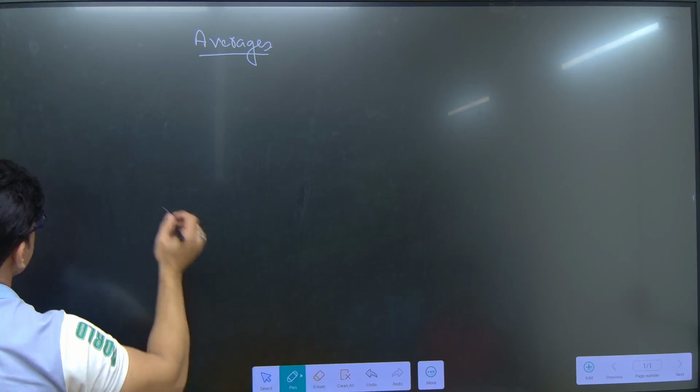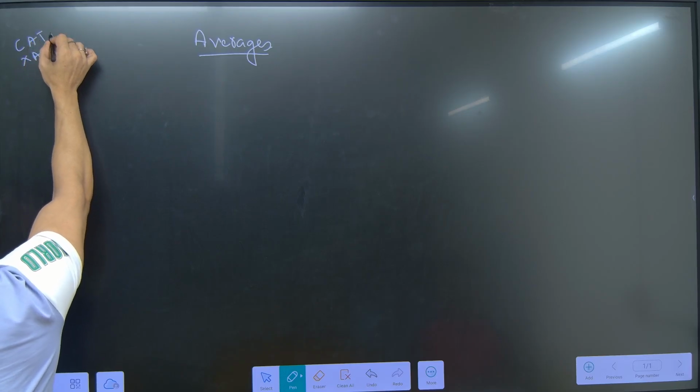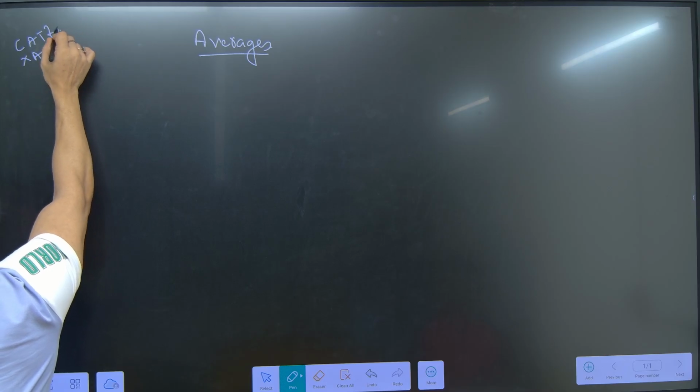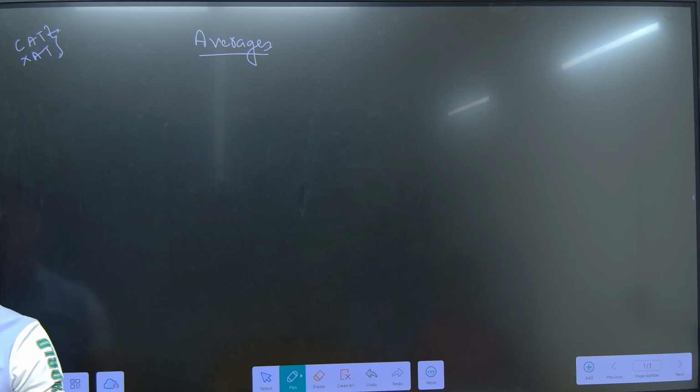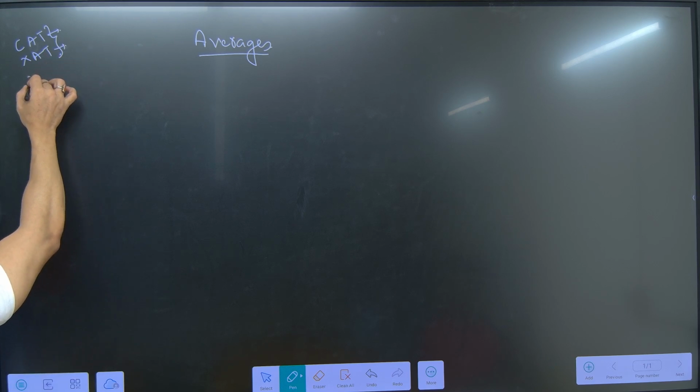CAT and XAT have so many questions from arithmetic, and CAT is always known for giving at least 50% of your paper consisting of arithmetic. In arithmetic, you have average, where you can expect at least one question in the quant section. It will definitely come, right? XAT also asks 1 to 2 questions, but exams like SNAP